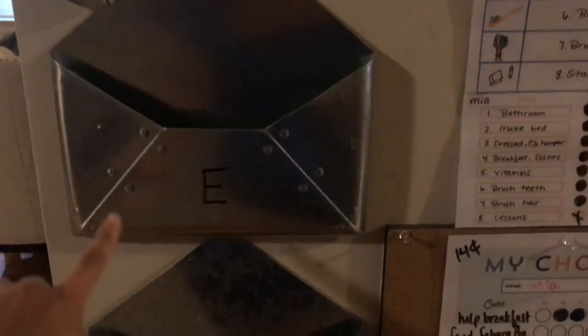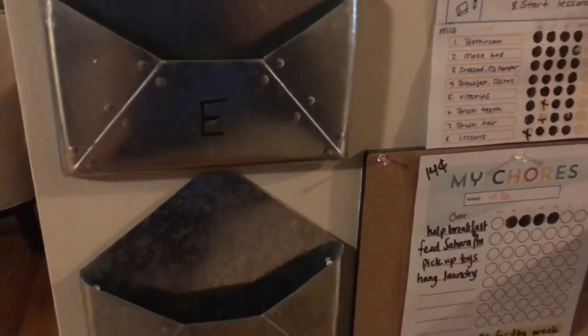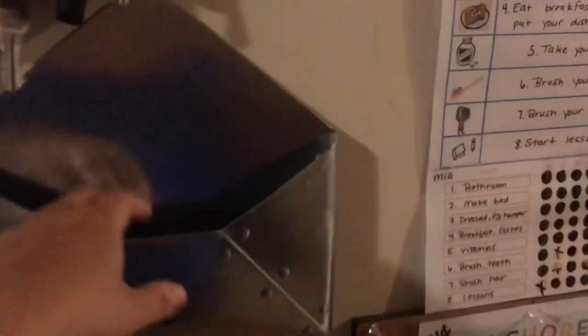And then I used our in and out, sorry, the kids are watching a movie, so if it's a little loud, sorry about that. But this used to be our in and out mailboxes, and now it's E and M. So whenever they get a payout, the money goes in here. Or if they have a coupon or something that we're using instead, it goes in there